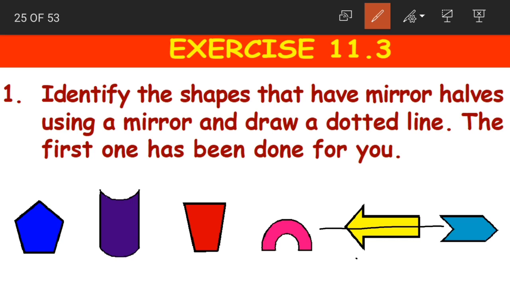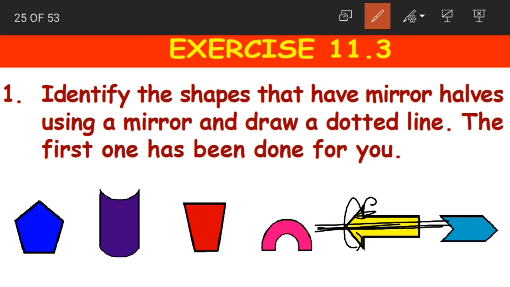Now, simply what you can do is draw this same shape on a piece of paper, cut it out and fold it in the middle. I have drawn the line here, right? So you also fold it exactly there. Now when you fold exactly where I am drawing the line, what will happen? This side will overlap on this side. You will see that both the sides are exactly the same. So that means this becomes our line of symmetry.